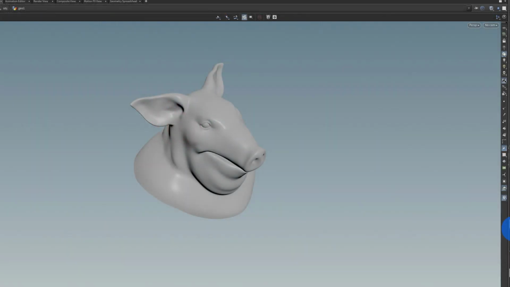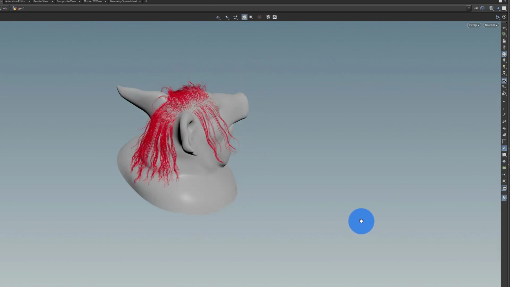Hello everyone, and in this lesson we're going to take a look at vellum based hair growth. So this is what the final result should be. The one thing that this tutorial does not cover is anything like a constant emission. This is a fixed emission with a fixed number of points. So we're not doing anything like how to constantly add something into a vellum simulation because I have no idea